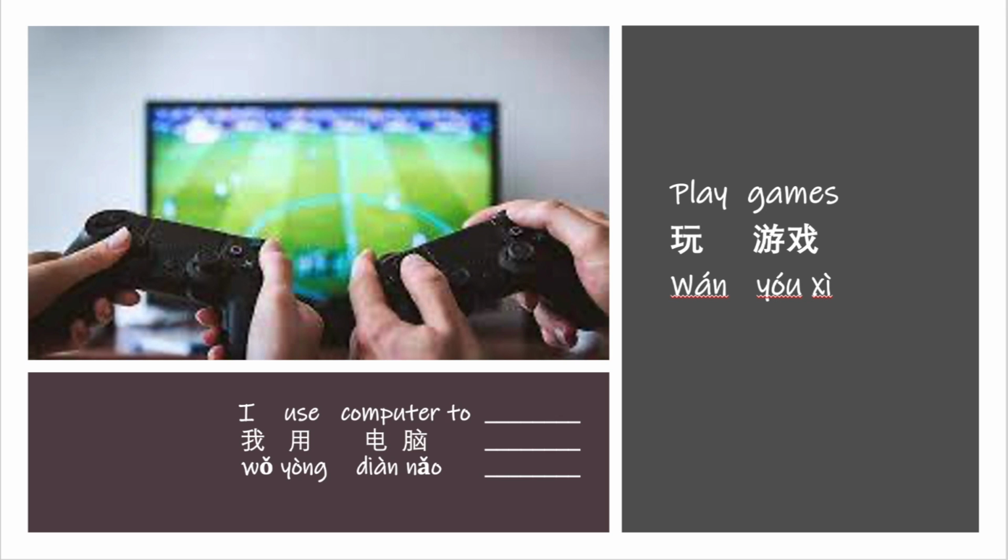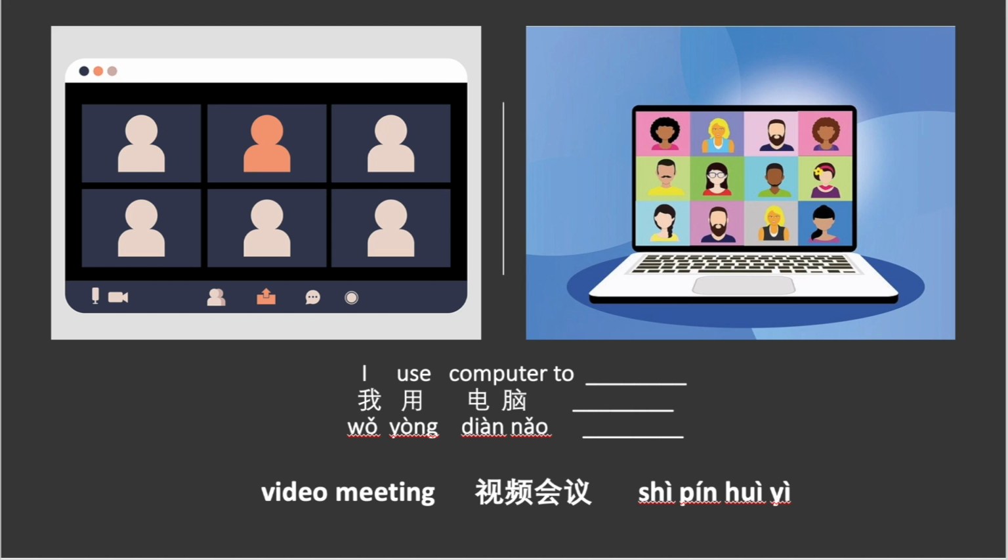And to say play games, it's called 玩游戏。To say the word play is 玩, games 游戏, play games 玩游戏。To say I use computers to play games, 我用电脑玩游戏。Recently, we've been using the computer to do video